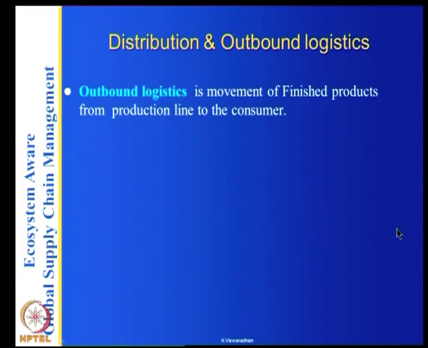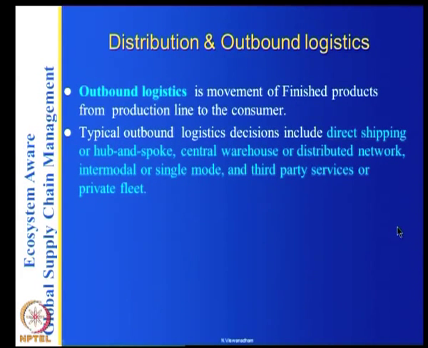Similarly, distribution and outbound logistics is the movement of finished products from production to consumer. And the typical outbound logistics decisions: either you want to ship directly or you want to use hub and spoke. Well, if you want to ship directly, then you need more vehicles, and they may be half truckloads, not full truckloads. But on the other hand, if you use hub and spoke, all the vehicles take them there, and then you can basically manage full truckloads, and central warehousing or a distributed network,